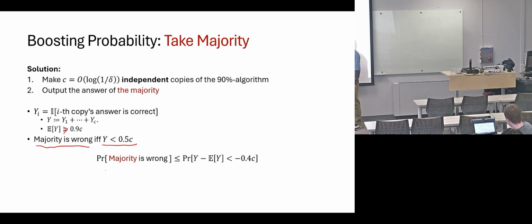What do you think? What tools should we use to bound this probability that Y deviates from expectation by something? What is a good tool right now? I want to say that this is tiny. Chernoff? Yeah, Chernoff. Why? Because we're doing a sum over independent